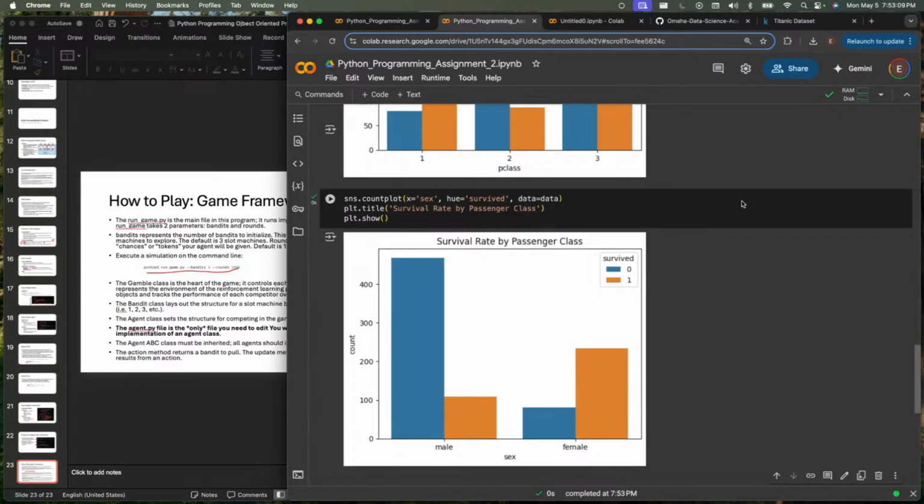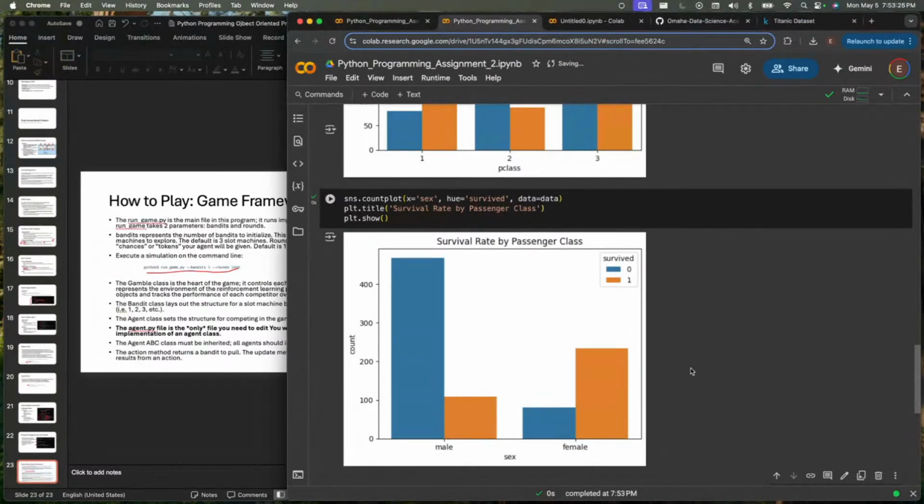Oh, very interesting. So if you are a male, you're much less likely to survive than if you are a female.